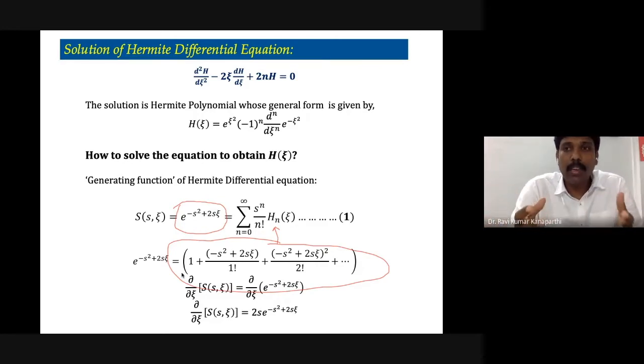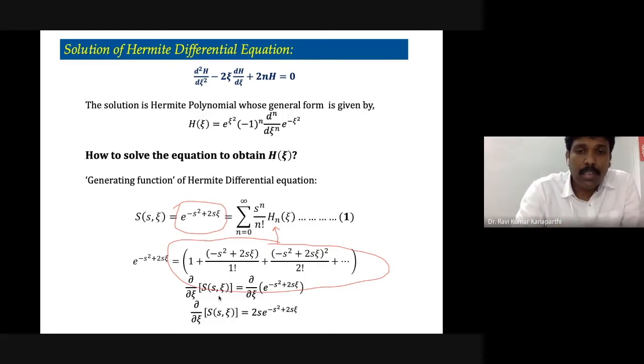But here we don't have x, instead we have minus s square plus 2sz. Therefore, we have to calculate the derivative of that as well to get the complete derivative of the generating function. Then, as you can see here, there is a minus s square plus 2sz. The derivative of this one is nothing but